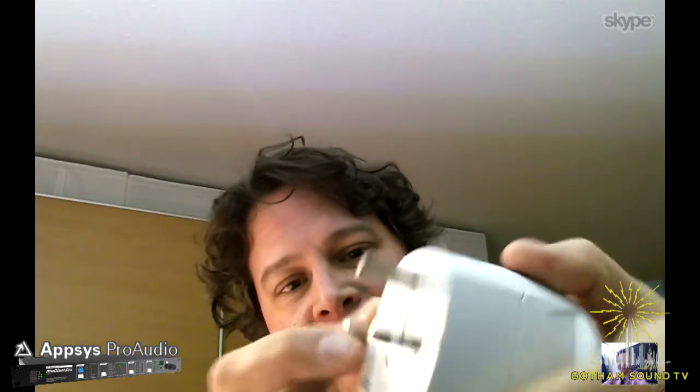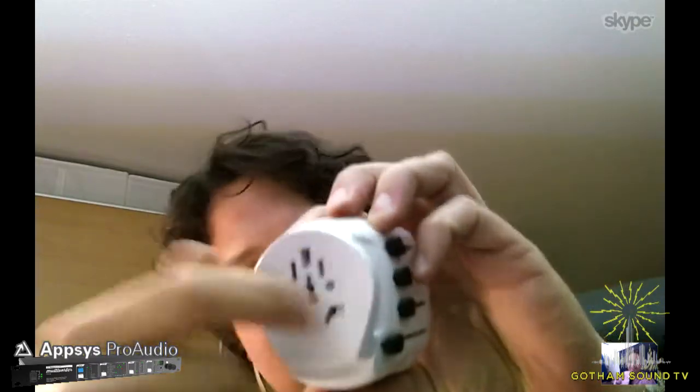This is a US plug, and you can slide it in and slide it out. This is a UK plug. This I know is a Chinese plug, I think. And you have a Swiss plug, and an Italian plug, and basically all sorts of plugs here. Now that is not the multiverter, just for those following along. No. But to give you an idea of what the multiverter is about. And on the back, the other side, you have plugs for Germany and France, and US sockets for everything. So, genius, with this device you can do everything in to anything out as you like,